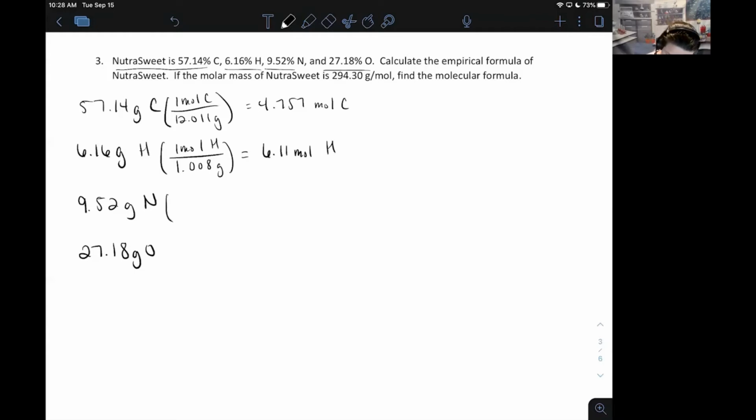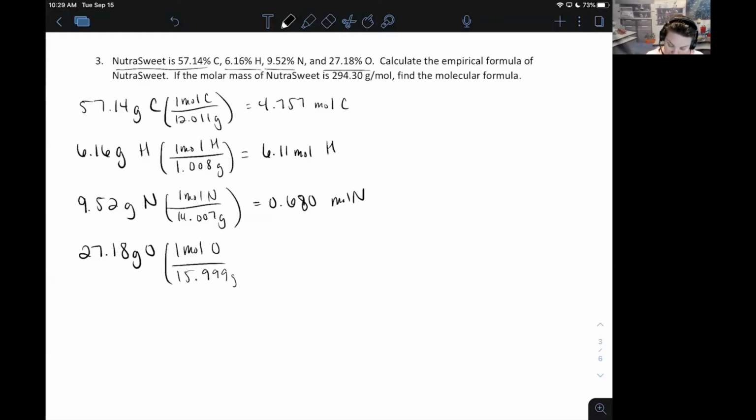And then our nitrogen, 1 mole of atomic nitrogen, 14.007 grams. 9.52 divided by 14.007 gives us 0.680 moles of nitrogen after we round. And then oxygen, 1 mole of atomic oxygen has a molar mass of 15.999 grams, so 27.18 divided by 15.999 gives us